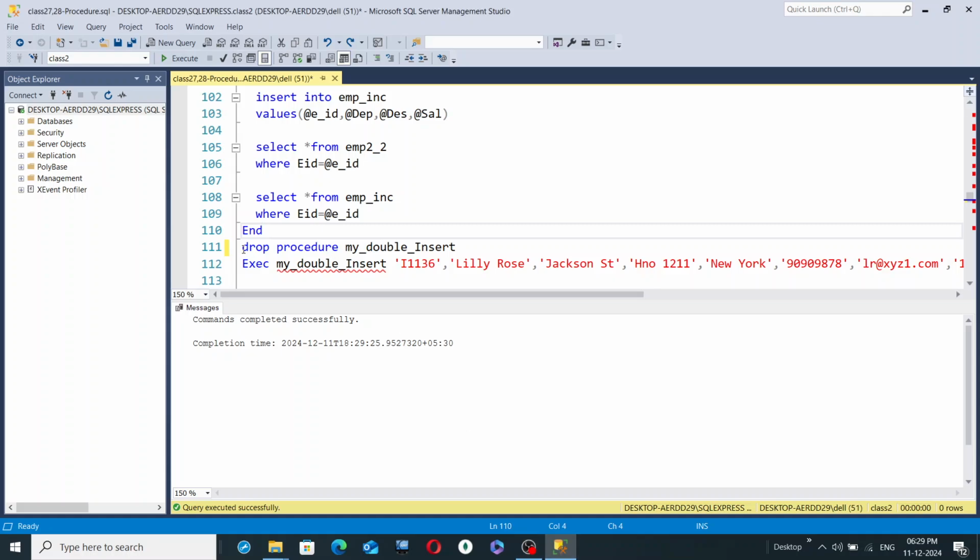So simply you'll have to write the procedure name here, which is my_insert, and then select this line number 111, drop procedure, and hit the execute button. So now the procedure is dropped. Now execute the procedure. So exec, then give the procedure name my_insert, and accordingly insert the